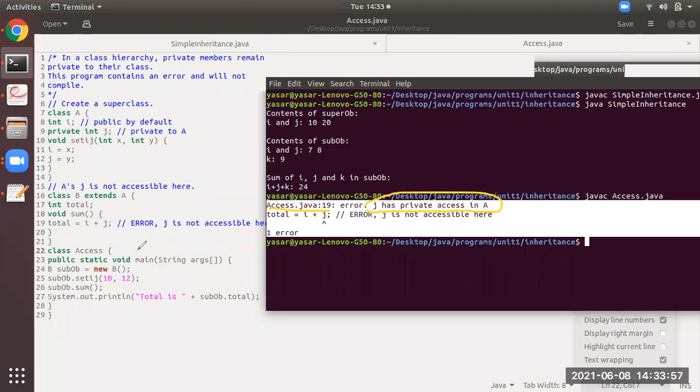So you all see how the execution starts from the 24th line, access, sub ob is an object, sub ob dot set ij of 10, 20. So in B it will move and it will try to call set ij with the values 10 and 20. That is, i will be 10 and j will be 20. So i and j will be initialized with the values 10 and 20. That is fine. That is correct.